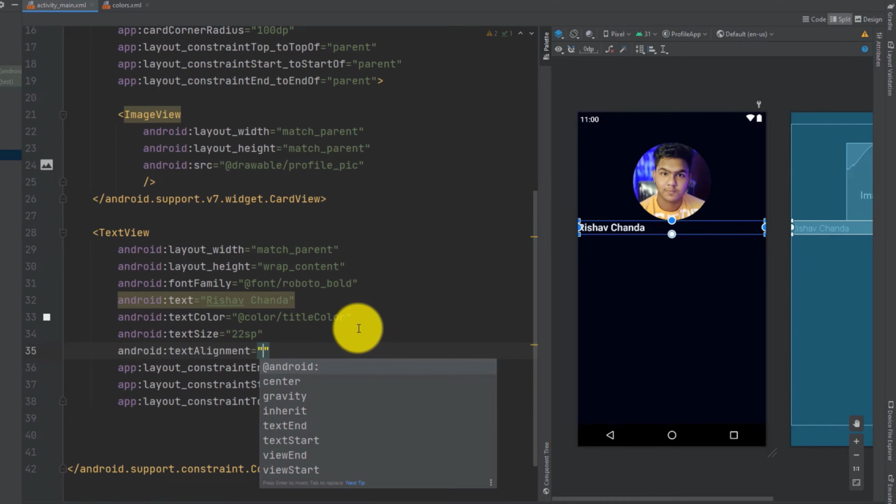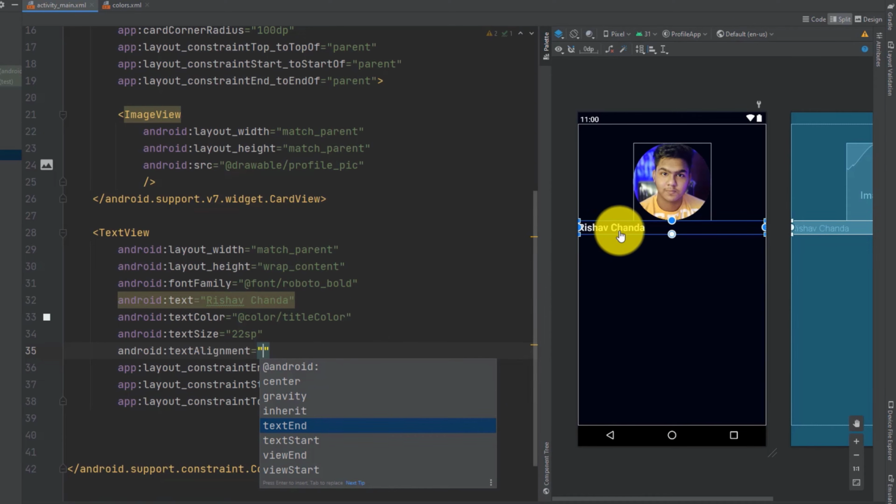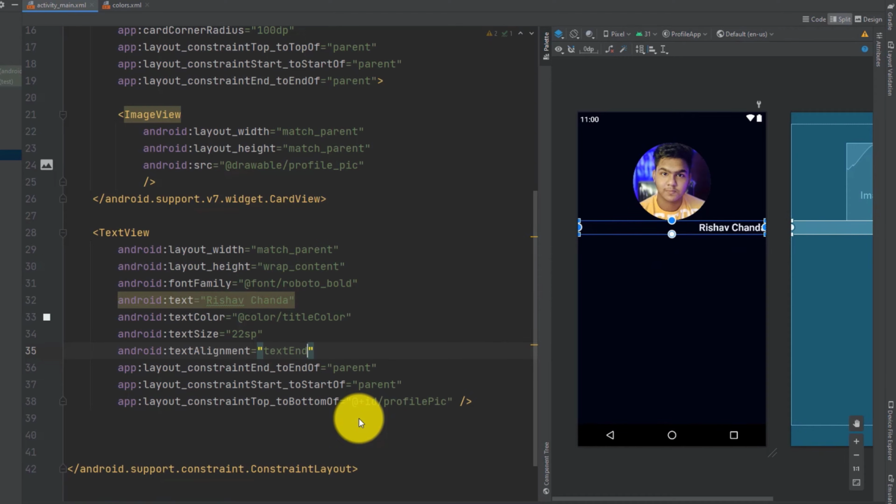For text alignment, see, there are different options: center, inherit, text end, text start, view end. Now let me show you one by one. If I give it text end, see, now it is at the text start. This position is the starting position, this side is the ending, and center is this one. If I give it text end, it will go to the end position. Now if I give it center,